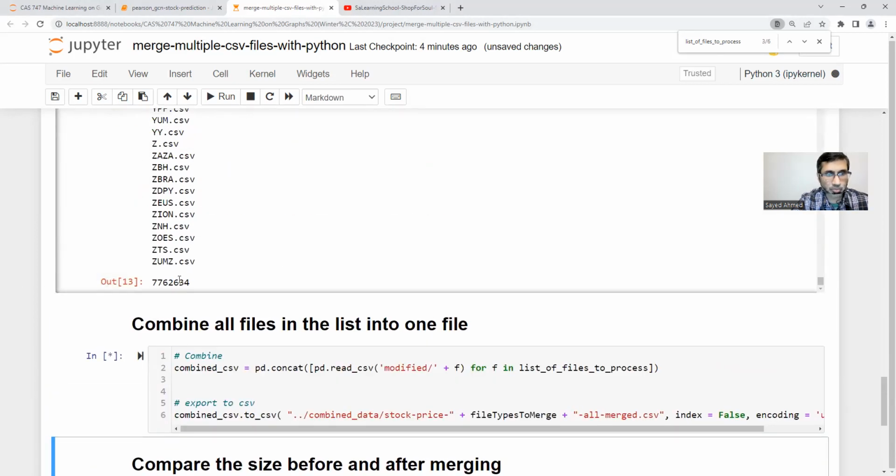I think this is the 1, 2, 3, 77 lakhs, right? Yes. Yeah, 77 lakh rows of data. What does it mean? We may have 2,800 stocks, right? So 77 lakh total divided by this. So we can assume how much data there is, on average, for each stock. Yeah, because I think